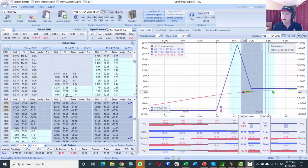The thinner curved line here that goes from red to blue to green is what we call the T plus 0 line on the position. Now, this strategy, when it's entered, is going to look different depending on the implied volatility skew in the marketplace. Right now, we have a very high implied volatility. Therefore, our expiration line is actually above 0 here to the upside, and our entry delta is